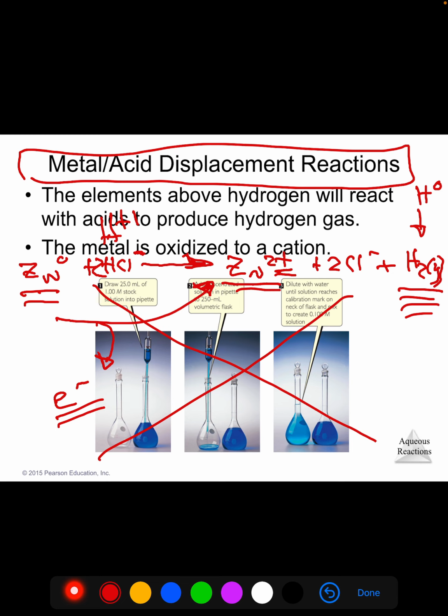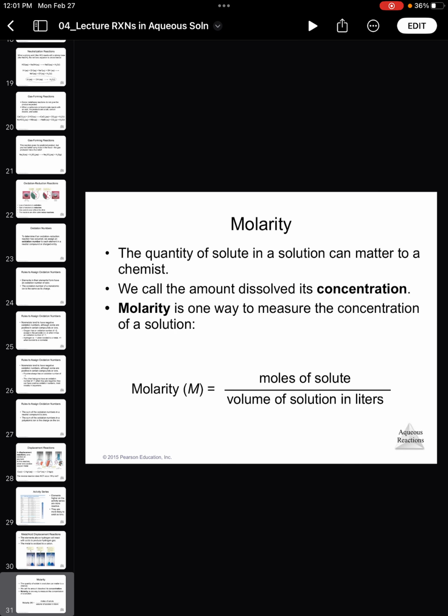And yet, if you very carefully think about the oxidation state and who's gaining and who's losing electrons, who's being oxidized, who's being reduced, hydrogen is being reduced, zinc is being oxidized, oxidation is loss, reduction is gain, then you can slowly, carefully work these out. But I'm not going to do too much more with this. I have a few problems for you to work, and then we're on to something very important, and that is solution chemistry. So until then, I will shut down our